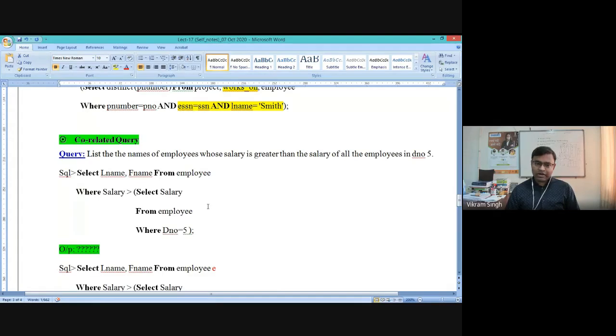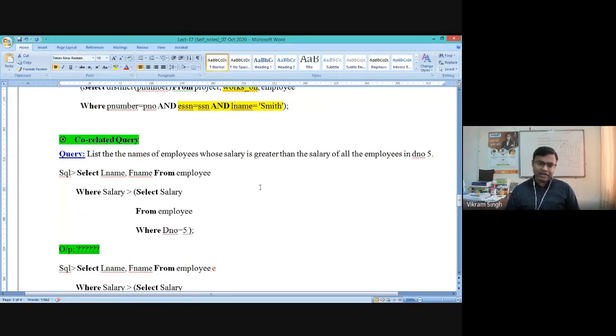So a correlated query is somewhat equivalent to logical programming or a for loop. Like in a for loop, we run the inner part of the loop for each value of some defined value, like for i equals 1 to 10, for j equals 1 to 10, something like that. So it is a kind of two-layer or two-level validation or comparison, right?